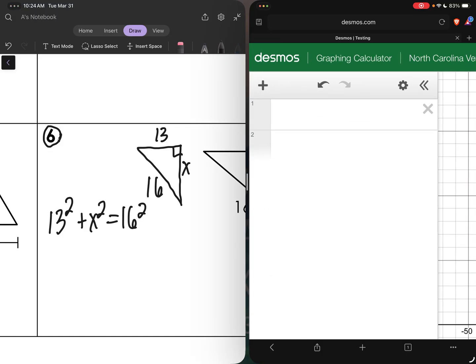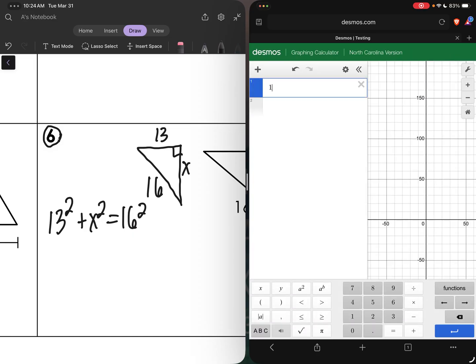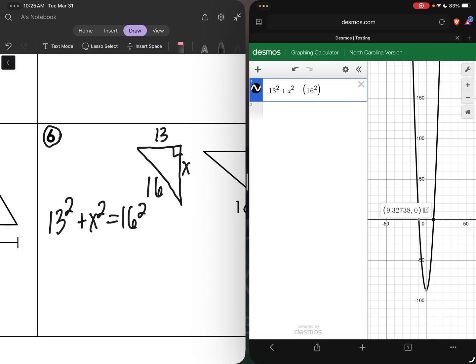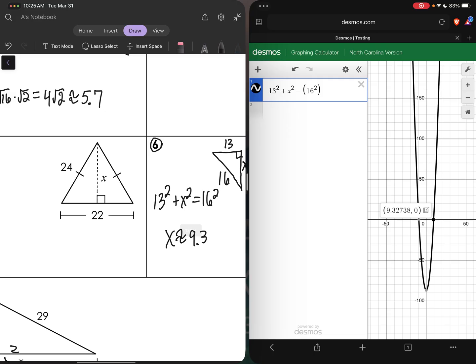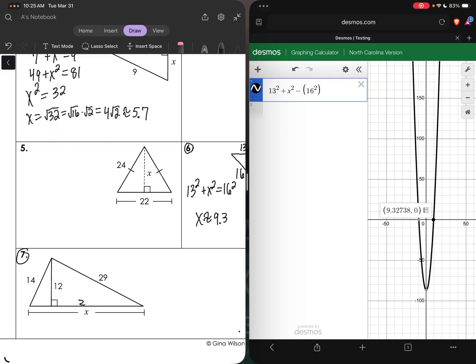Use Desmos for this. X is about 9.3. Try number 5. For number 7,